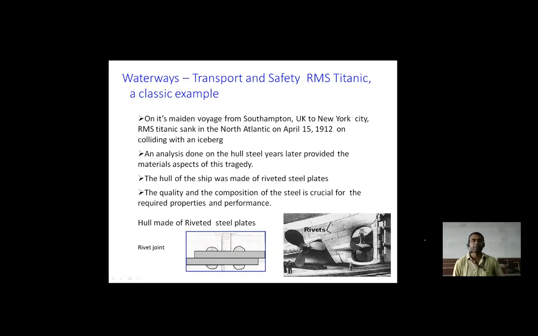But what happened? Whenever we move into an extremity of assumptions that we are the best, then nature or uncertainty always tells us from some point that there is something more to be done to be the best. And that is the biggest example shown by the Titanic, when it sank in 1912. So what was the problem?